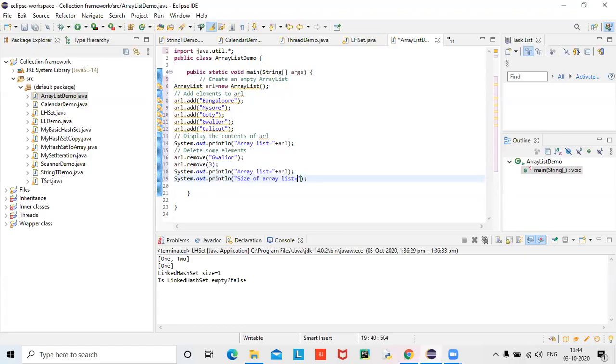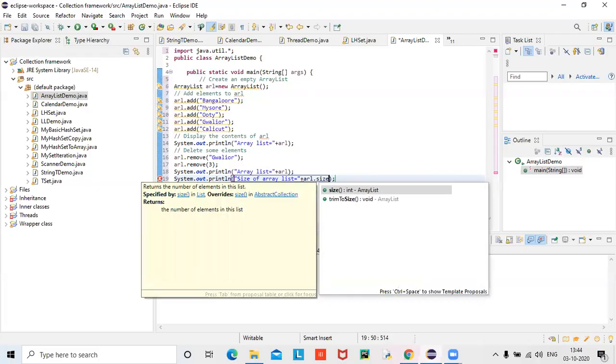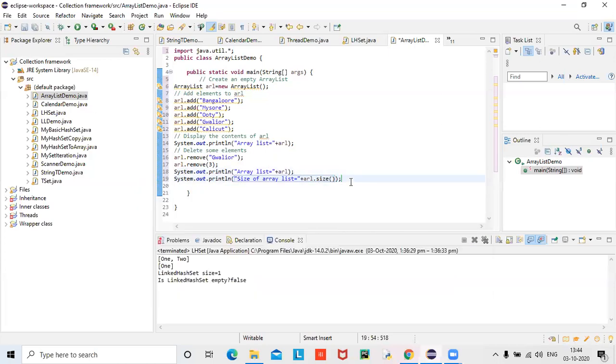Size of array list is equal to arl dot size. That's it. The size method will work. Then let me display. Okay, that is done.